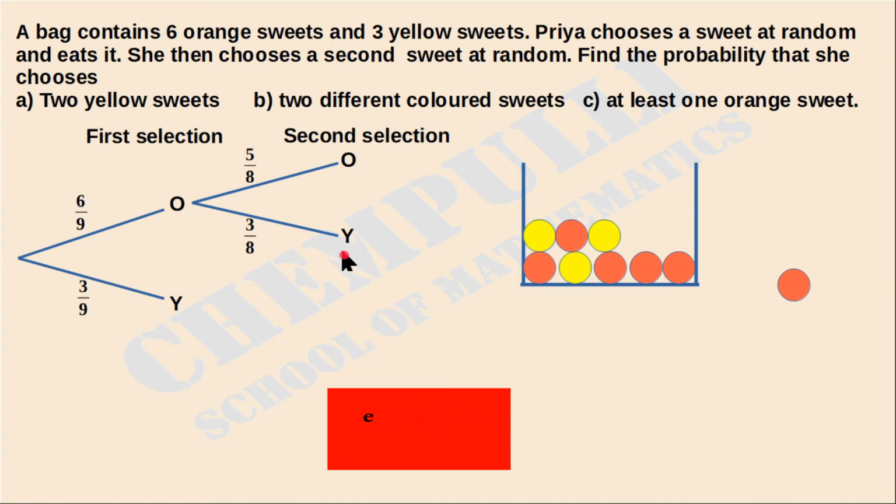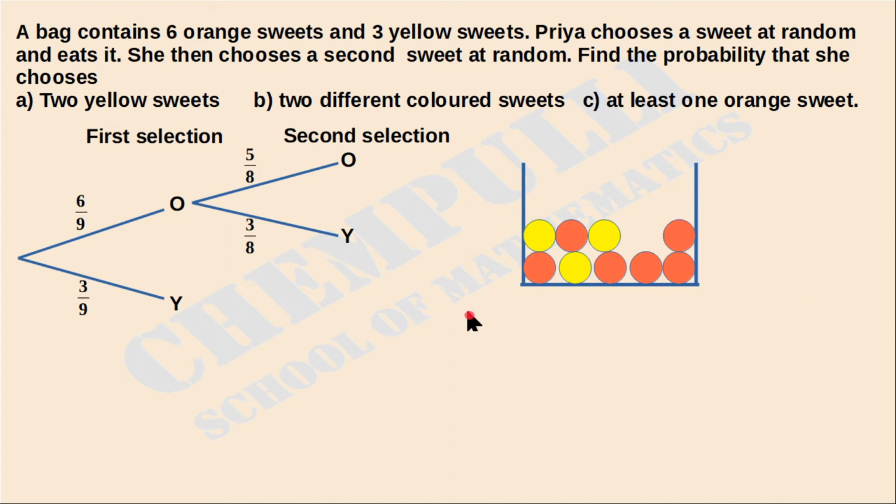Okay, now we can take it like this. First we selected one seed from here, and that first seed was a yellow seed. Okay, that is the other way. Suppose the first seed was a yellow seed. Then what will happen in that case? Now the normal position. Suppose the first one is the yellow seed. That means we selected one yellow seed from here, so it will come like this.